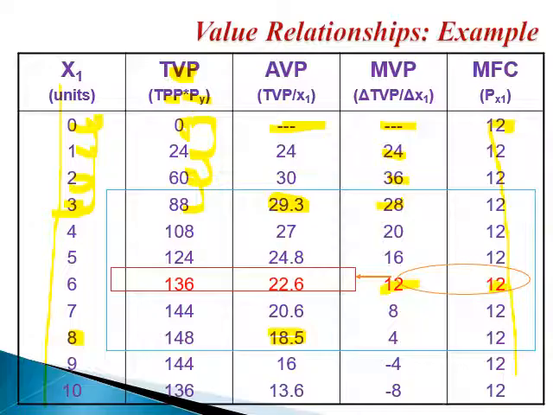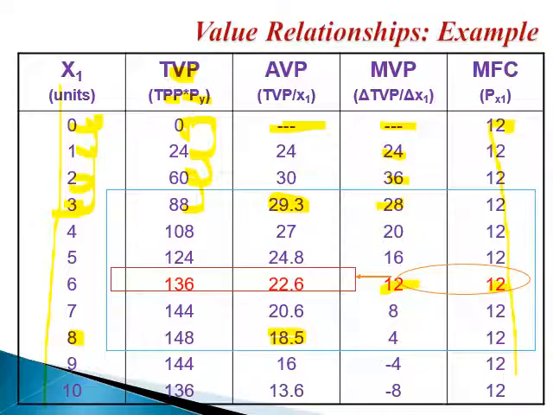And I told you it is never on the borders, never at the beginning of stage 2, never at the end of stage 2, and it depends on the unit price of the variable input and the unit price of output. Okay? Another way of writing that condition: I told you to use the level of X1 at which MVP of X1 is equal to the unit price of X1. It is also the same as saying use the level of X1 at which the MPP of X1 is equal to P of X1 divided by P of Y, which means the marginal physical product of X1 is equal to the price ratio between the variable input and output.